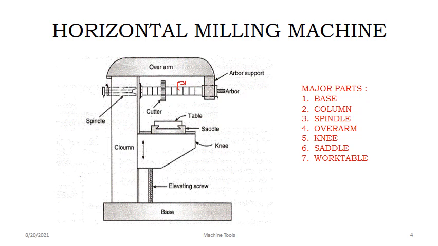Suppose, for example, you take a horizontal milling machine. You can see this figure clearly. These are the important parts of a horizontal milling machine. The first important thing is the base, and this is the vertical column. The vertical column is mounted on the base. The next important part is the overarm. The overarm is provided at the top end of the vertical column.